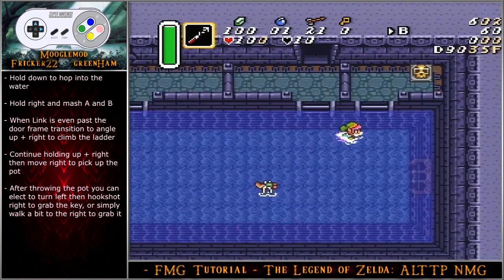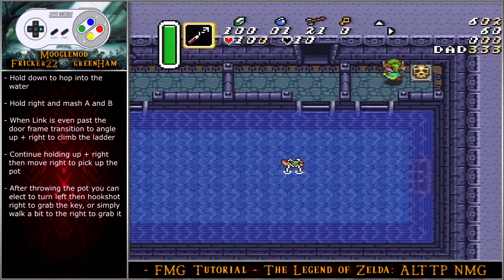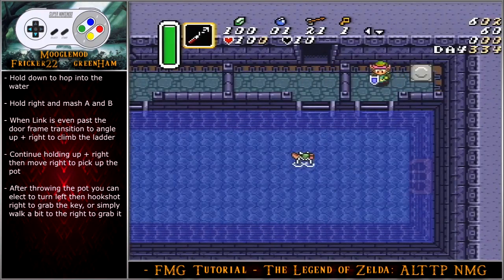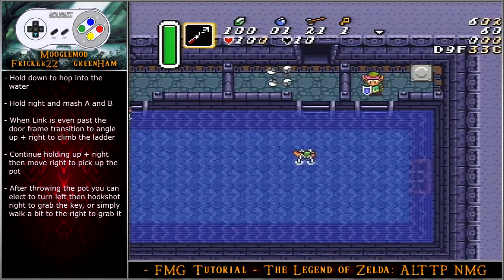Hold right and mash A and B. When Link is even past the door frame, transition to angle upright to climb the ladder. Continue holding upright, then move right to pick up the pot. After throwing the pot, you can elect to turn left, then hookshot right to grab the key. You can also walk into the key as you are throwing the pot,